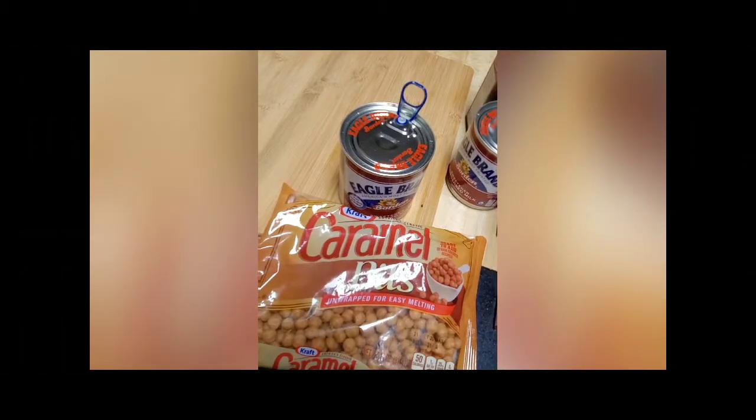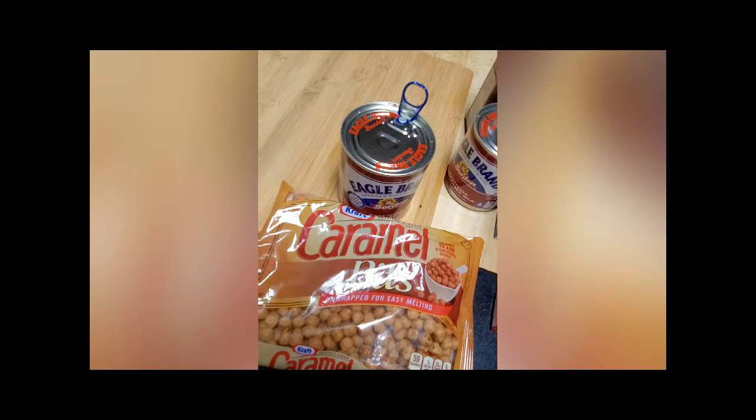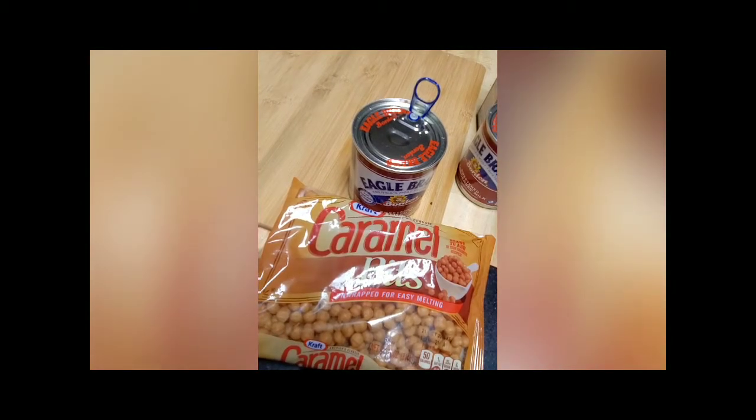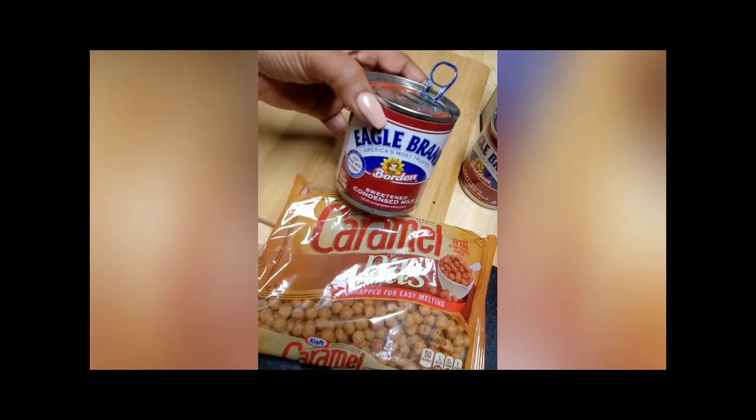So I am doing a caramel brownie poke cake. I know it sounds like a lot, but it just came to me in a dream, I guess. And I said, well, let me figure out a way to do a poke cake with a brownie. So my caramel brownie poke cake is simply going to be, first of all, we're going to take Eagle brand